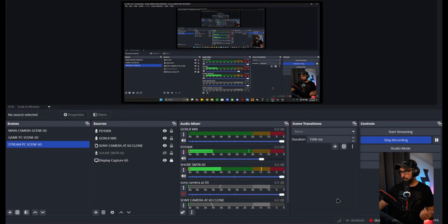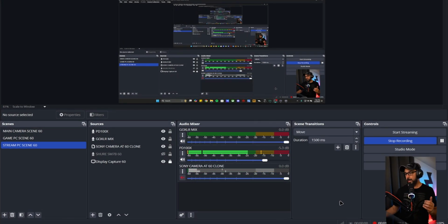This is how it sounds. We know EQ, we know compressor or noise gate, anything straight from the box to the mixer. And I'm going to show you right now that I am on the OBS right now, and over here is picking it up. Basically, I put down the gain here on the knob about -5 dB right here,